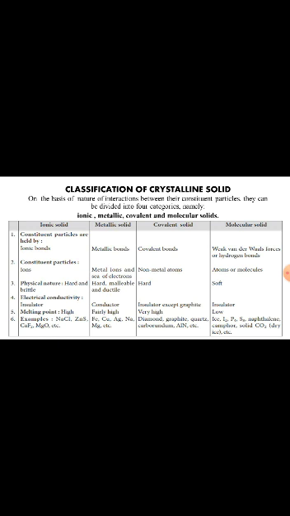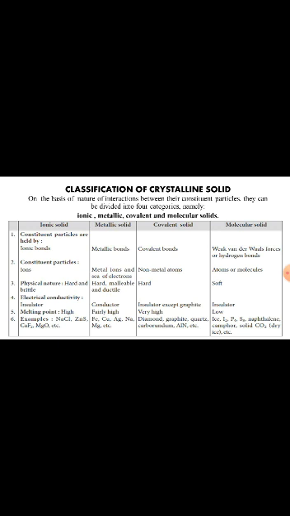The common examples are ice, I2, P4, S8, naphthalene, solid CO2, that is known as dry ice, camphor, naphthalene. These are the common examples of molecular solid. Molecular solids are of three types: non-polar, polar and H-bonded solid. In non-polar molecular solid, the bonding force is dispersion or London forces. The common examples of non-polar solid are inert gas